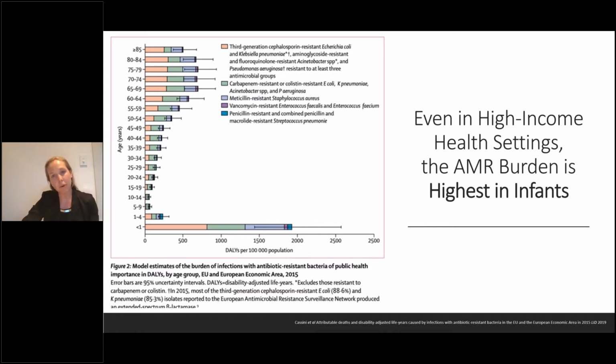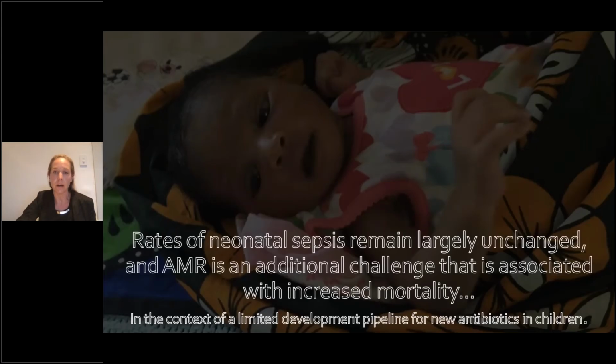And once again, when that's stratified by age, we can see that yet again, the youngest children are the most vulnerable. So looking here at the age range where the disability adjusted life years add up across the population, we can see that far and away, children less than 1 year of age have the highest burden of disability adjusted life years caused by antimicrobial resistant infections. And once again, about 2/3 of them, even in a high income country setting, are due to gram-negative organisms, with the remainder due to MRSA and vancomycin resistant enterococci.